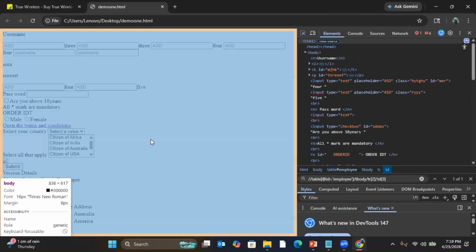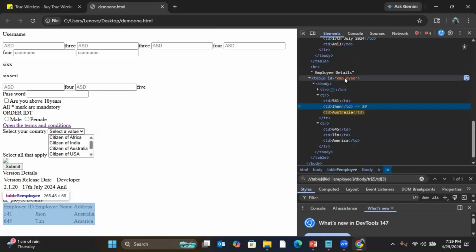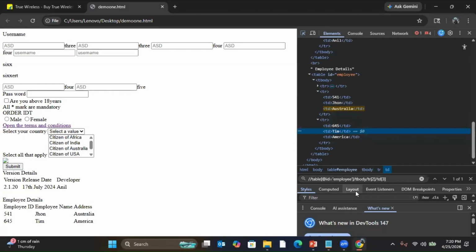Okay, let's say I write it for John. Writing it for John, what I'll do? ID, employee. Or let's say I'm writing for team. Whichever I want, I can write. Let's say write for team. So T body, then I'm getting T of